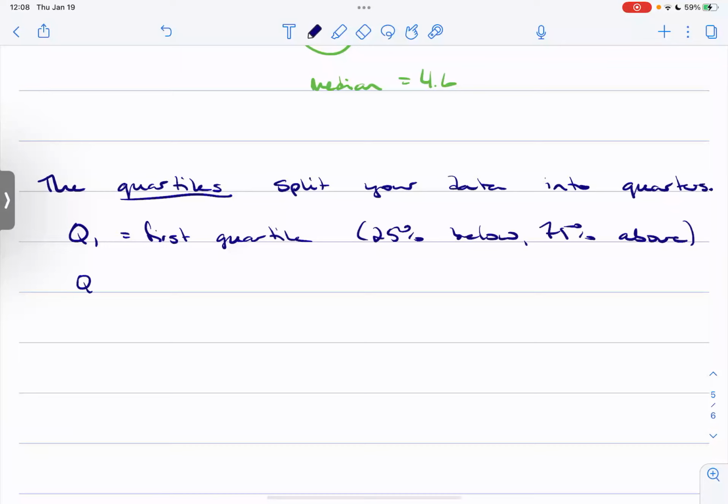Q2, we've already seen actually, the second quartile is the median, because then you have 2 quarters below and 2 quarters above, which is really just half and half. So usually we don't talk about Q2, but it is the median. So the second quartile is the median,